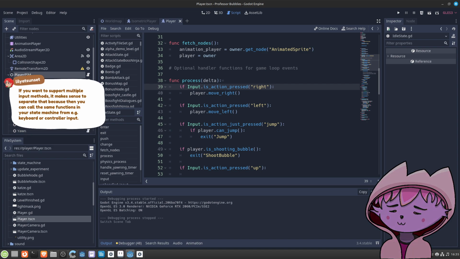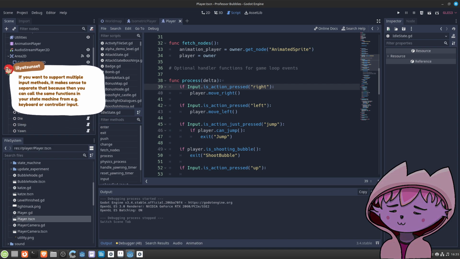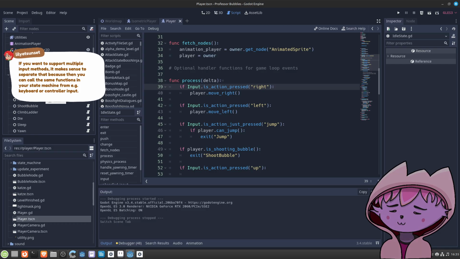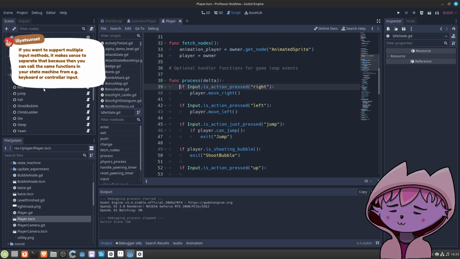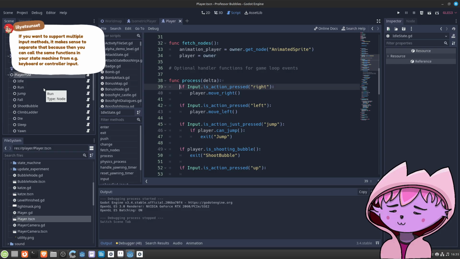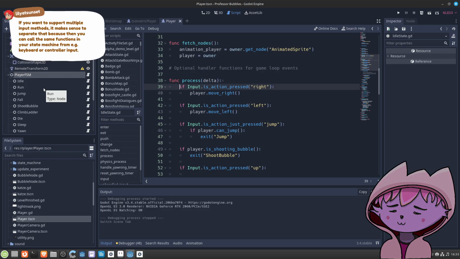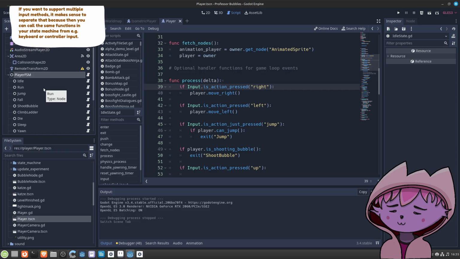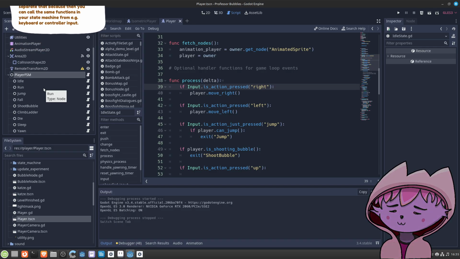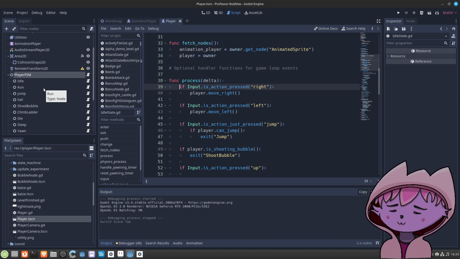I'm getting knots in my brain. If you want to support multiple input methods, it makes sense to separate that, because then you can call the same functions in your state machine. Yeah, that's actually a really good point. Keyboard control input. Yeah, that's right. Then I could say